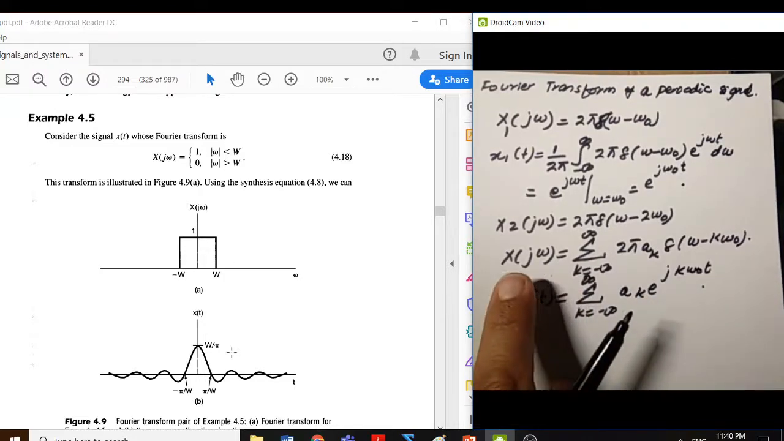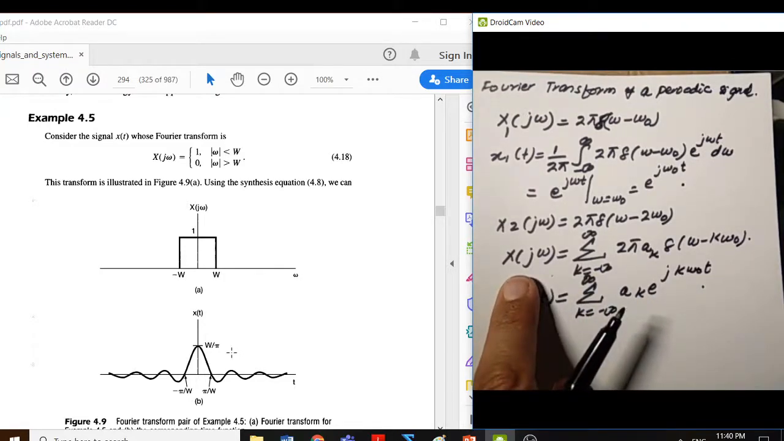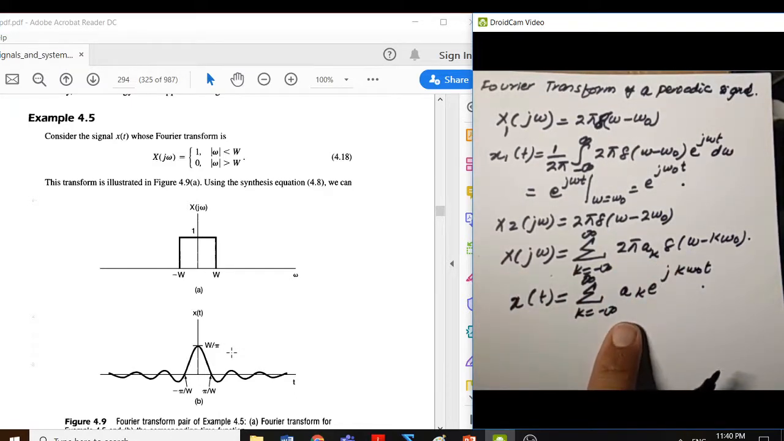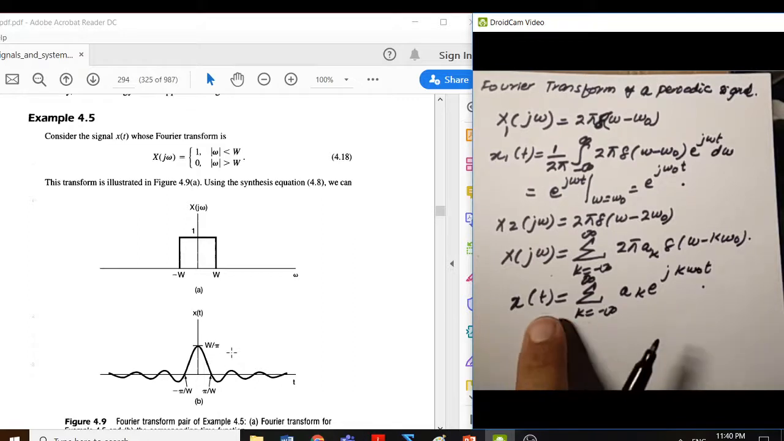So if we take the inverse Fourier transform of this term, we get the same time domain function as the time domain function we obtain when we synthesize all the terms of the Fourier series, all the Fourier series coefficients, and combine them to form our original function. So this means that for this function x of t, the Fourier transform